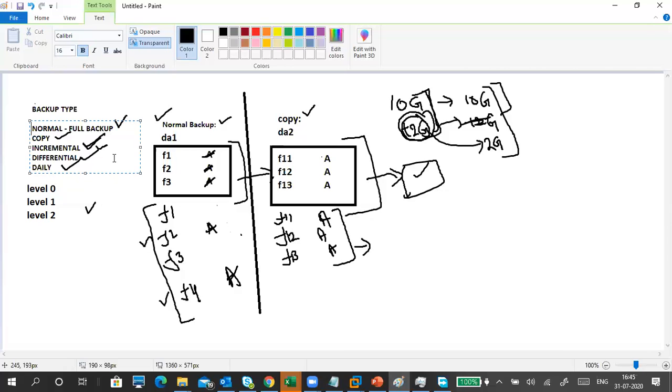That is an incremental backup. Differential backup and incremental backup are also the same. Okay, but the only difference is that incremental backup, once it takes the backup, marks it as a backup. In differential backup, it does not mark as a backup. Daily backup only takes the backup of today's files only.